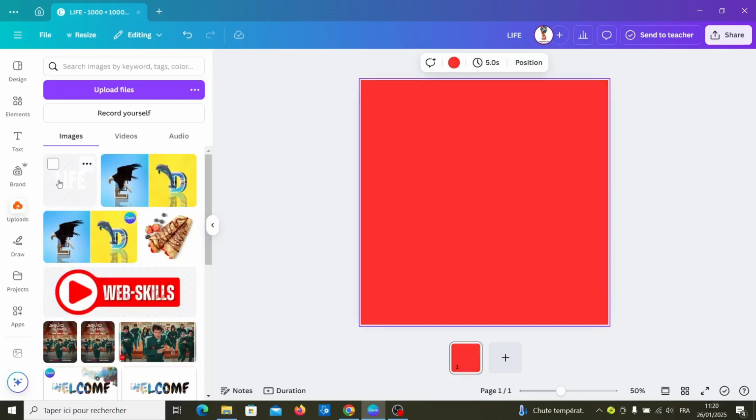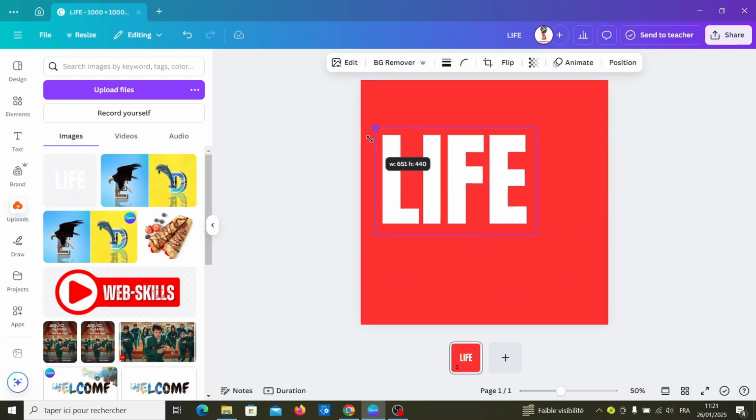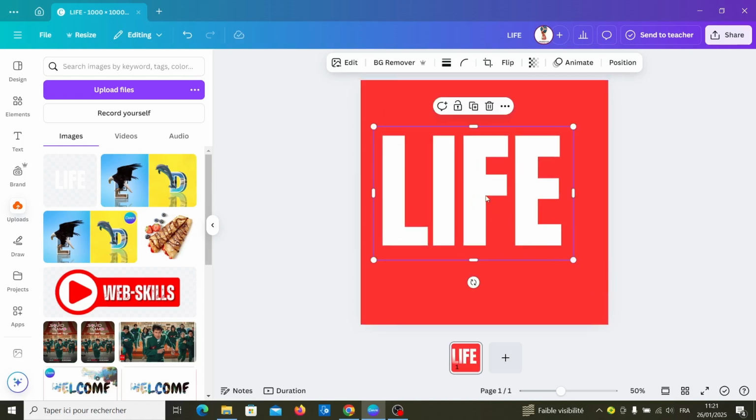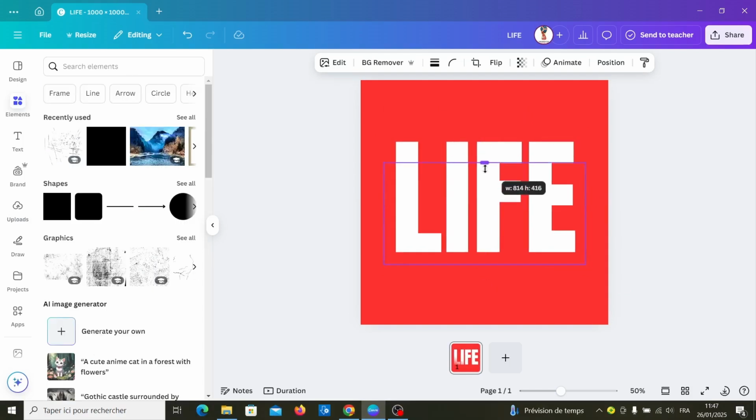And insert the photo, crop it and duplicate text image and crop it to the middle, crop the first image also,